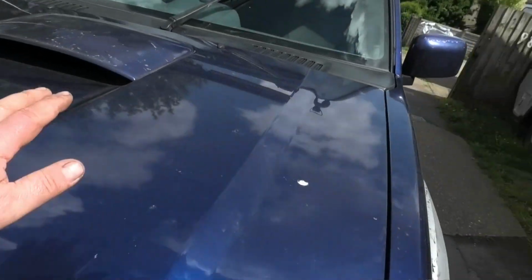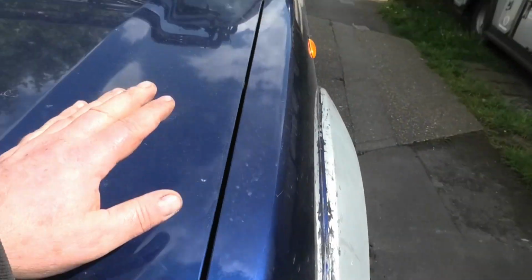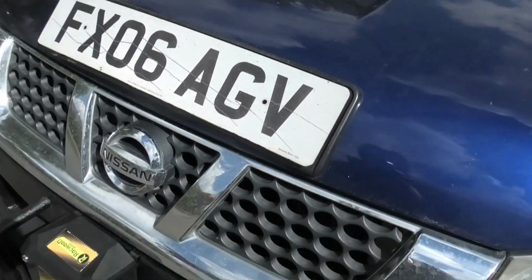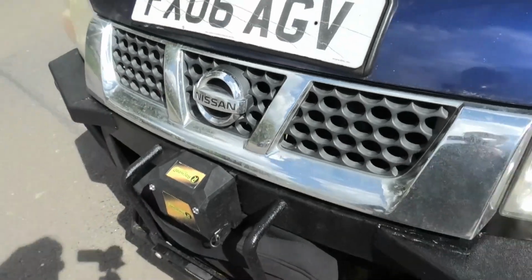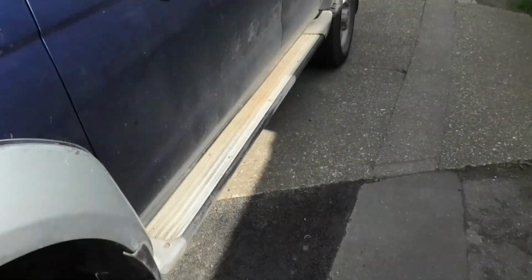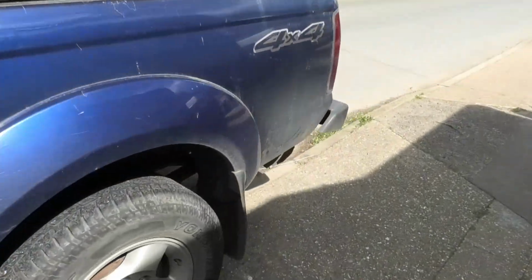I want to paint this part of the bonnet, and that part I want to clean this blue up on this side. I want to replace that. I want to paint that black. Loads to do. Loads. Oh, still not finished, because in the boot